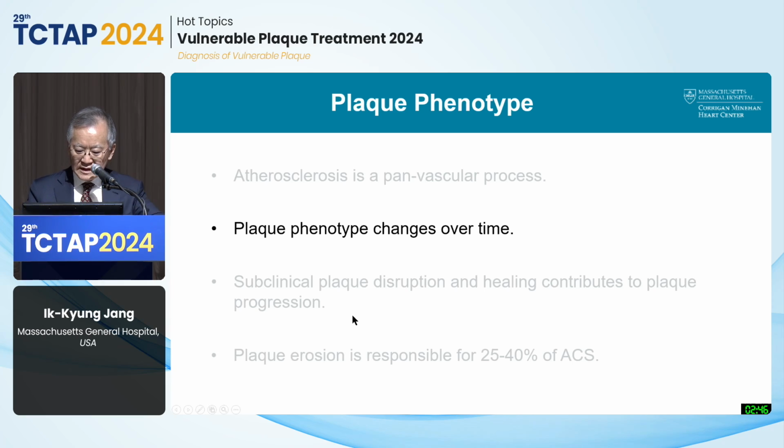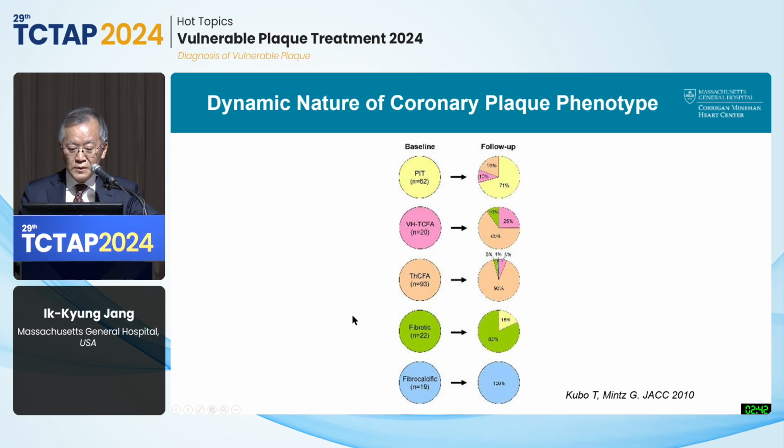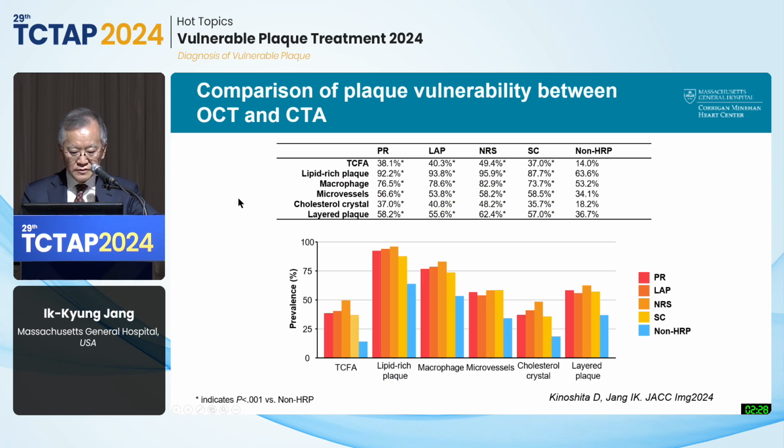So plaque phenotype changes. This is a work from Dr. Mintz and Kubo. So 75% of VH TCFA will stabilize, will become stable. So plaque phenotype changes dynamically over time. And Dr. Kinoshita recently published. So we used